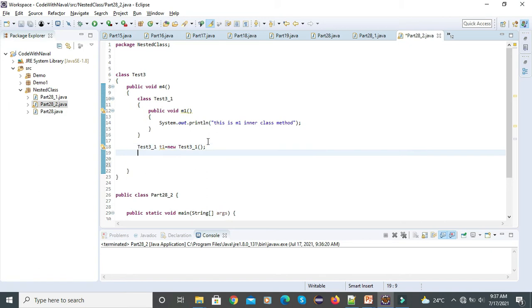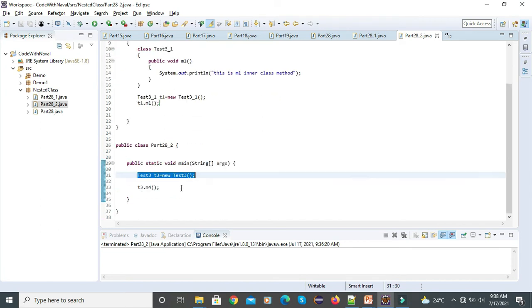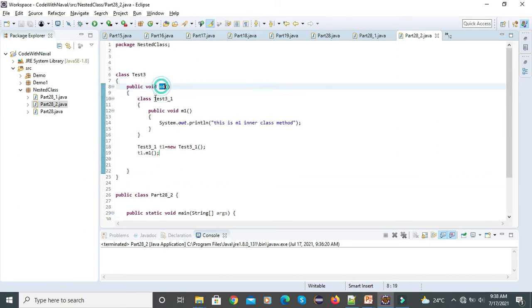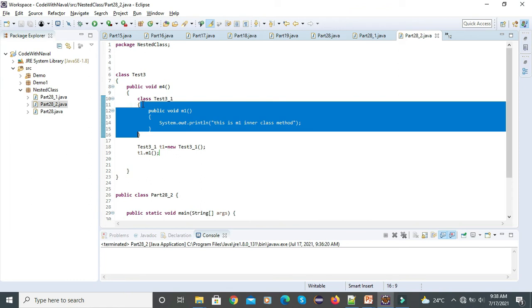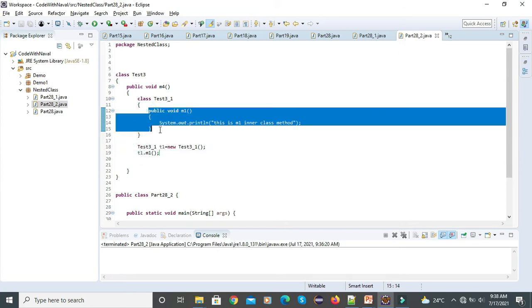Now here we can call t1.m1. We call this main outer class object, then we call this t3.m4 method. Inside this m4 method we define a local inner class, and after that we create this local inner class object, and we call this local inner class m1 method.